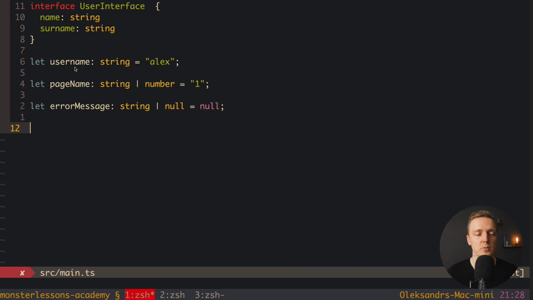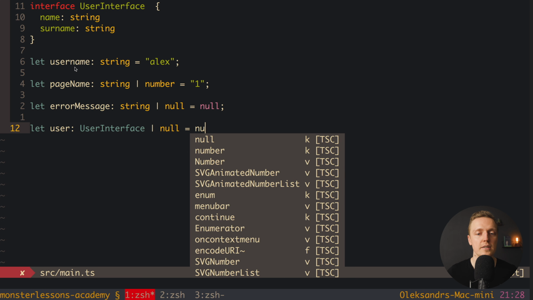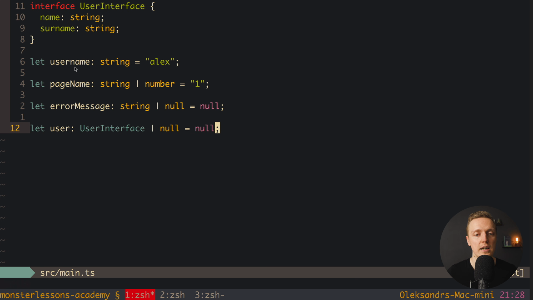And now, for example, we want to create a property user, and it can be either by default null because we didn't fetch the user, or we fetched it already and then it will be user interface. This is why we are writing here user interface or null. And then by default it will be of course null. So this is completely fine to use our custom interfaces inside union.